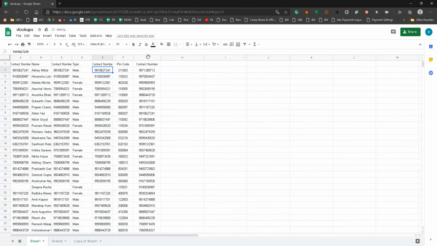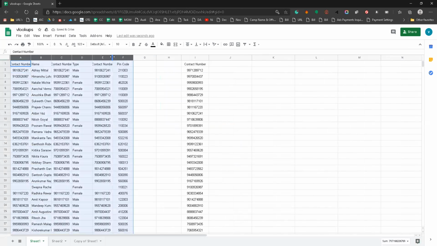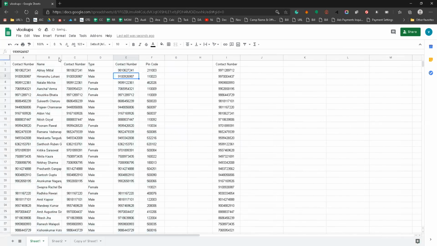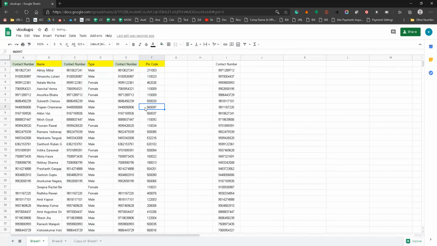So this is the main data which I have. For all these fields, you are doing VLOOKUP, right? Yes. Matching to the mobile number, I'm processing the VLOOKUP formula to each field or type which I want to extract. So this is the main data. I'm highlighting it with a different color so you can find the differences.